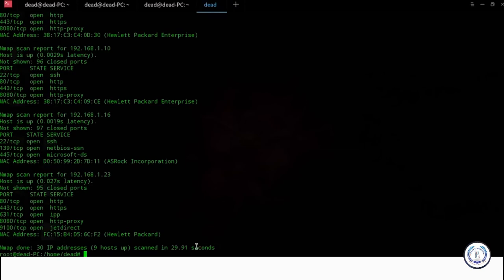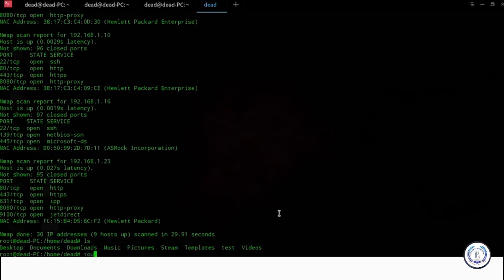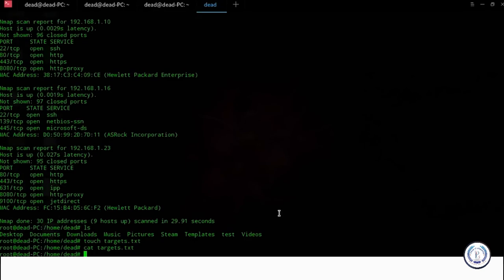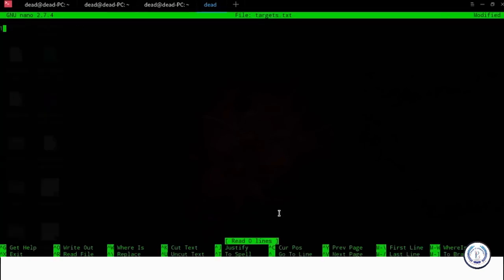Now, you can also give Nmap a target list. Now, let me make a target list. So targets.txt. Let me just cat it out for you. So there's nothing in it. Now all I want to do is edit this file. So let me just edit that file and put in